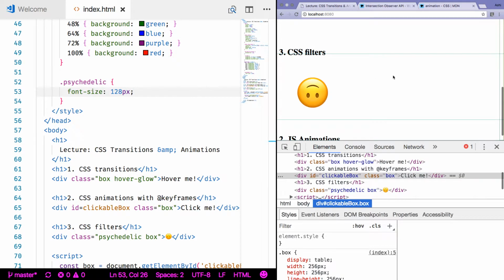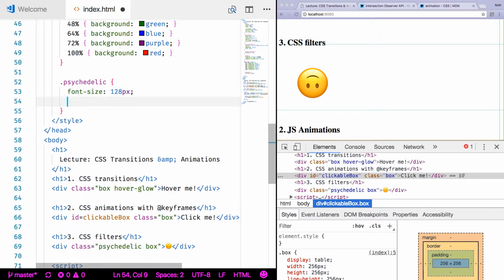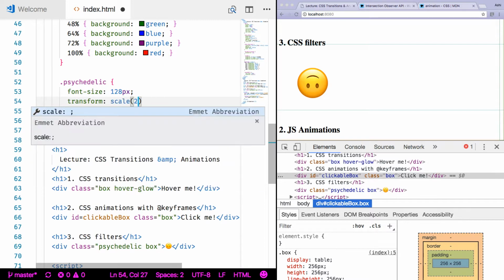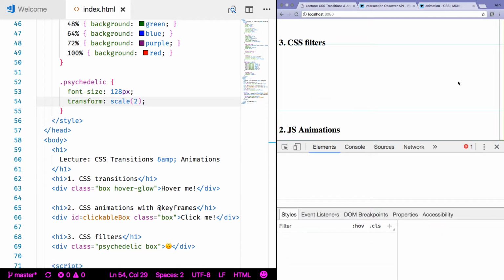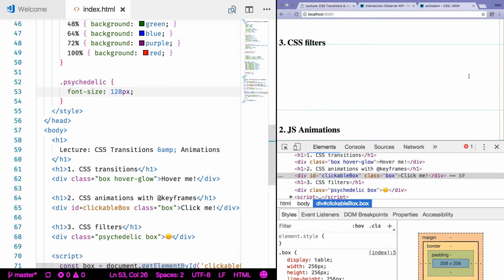Emojis have this weird problem on OS X where they don't render above a certain size. It doesn't matter how they get above that size. I think maybe if you scale them, it's fine. No, it's not even fine if you scale them. I don't understand. Apple won't let their emojis get scaled above a certain size. Anyway,